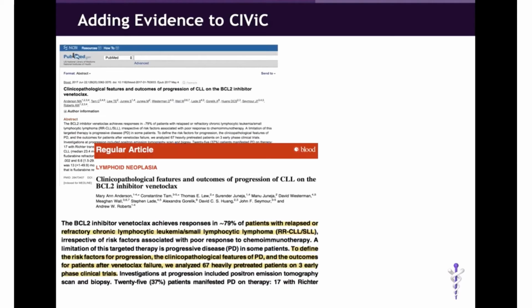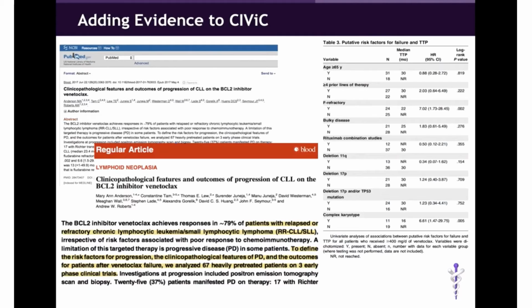And so they want to test a number of risk factors for progression and see if there are any associations. In Table 3, they show several of the different factors that they tested. And in this table, you'll see that deletion 17p and/or p53 mutations were also tested. We've got 24 patients with mutation and 16 without. But there was no significant correlation between the time to progression and the mutation status. Finally, I'd like you to note that TP53 mutation is going to be our variant. More specific amino acid changes were not provided, so we're going to stick with what we call a bucket variant and use p53 mutation.